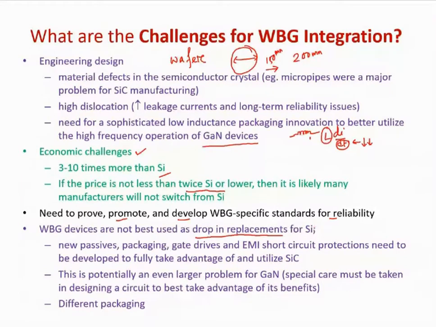For example, with a silicon-based MOSFET, you will be operating it at a frequency of 50 to 100 kilohertz maybe. With GaN, you would like to operate at more than 500 kilohertz typically. So then your driver circuit design changes, your PCB layout design changes. And once you go with high switching frequency, definitely you would like to use smaller inductors and capacitors. So this is not just a replacement. If you want to get the most benefit of wide bandgap devices, you have to design your entire power converter to optimize that benefit. So those are still a challenge.